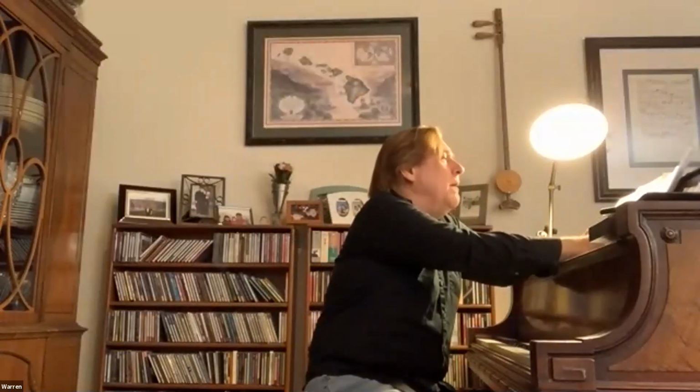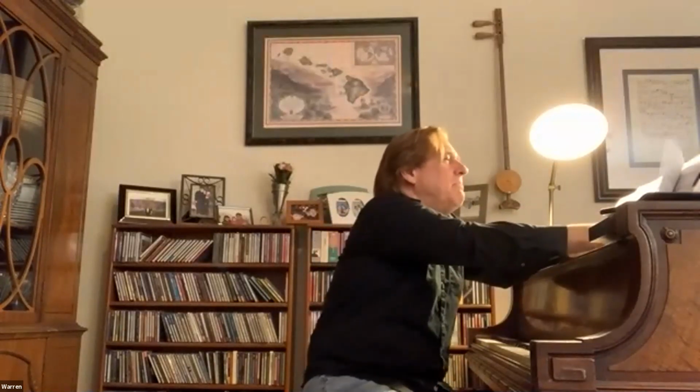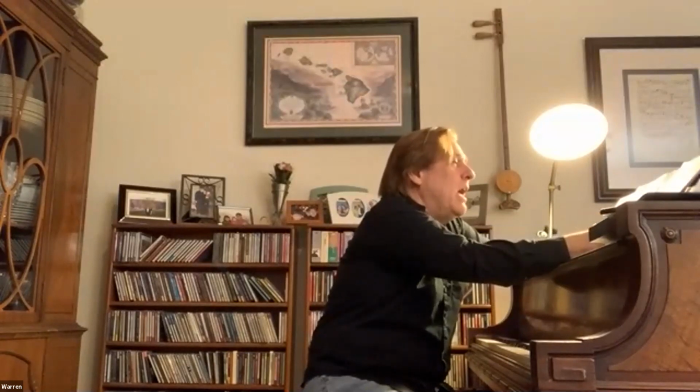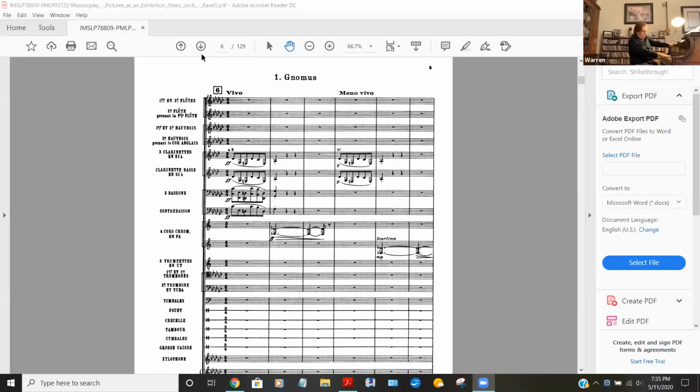So what I'm going to do is talk to you about how the piece is put together. And this is, again, still the generalized overview look at the music. What he's done is he's got 10 pictures, but the pictures are linked by a device, which is the promenade, which is that very opening that's in the Ravel version done by the trumpets and then by the brass. It's that opening theme that we all know.